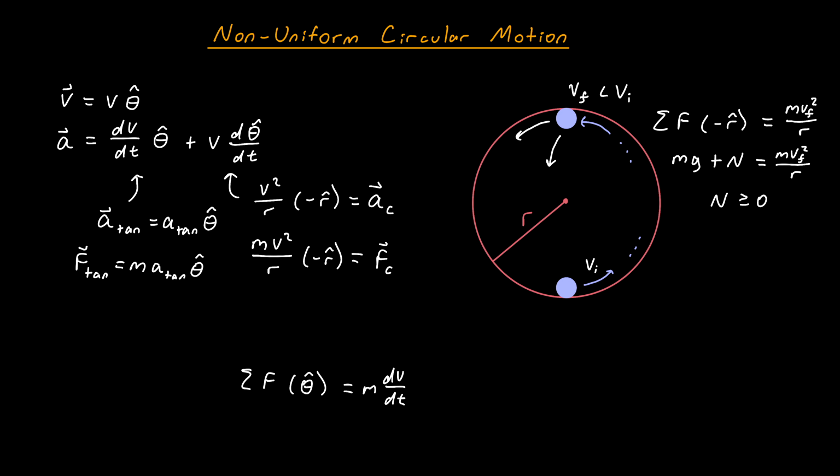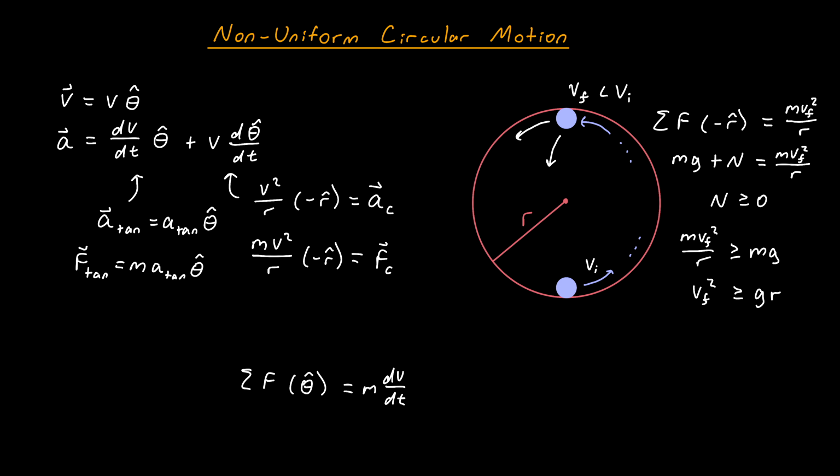So what that means, because N is greater than or equal to 0, we get that m v_f squared over r has to be greater than or equal to mg. Or if you solve for v_f, you get v_f squared has to be greater than or equal to gr. If that condition is met, if the ball makes it to the top of this track with a higher squared